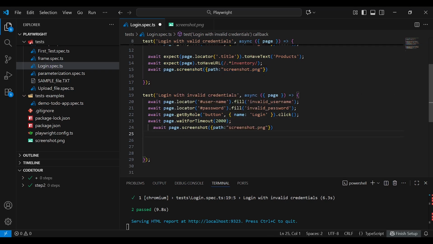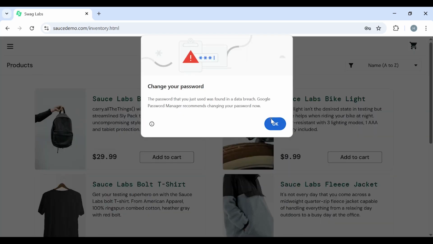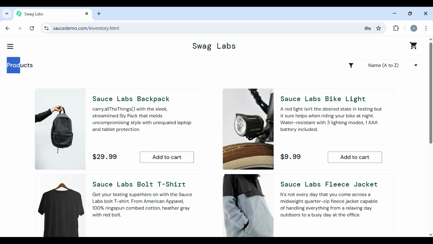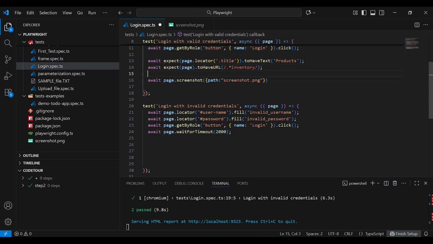Now we can also capture the screenshot of a specific element. Enter the username here, then enter the password in the password field and then click on login. Suppose you want to capture the screenshot of only Products. In Playwright, we can also capture the screenshot of a specific element. Remove this one and then we will enter